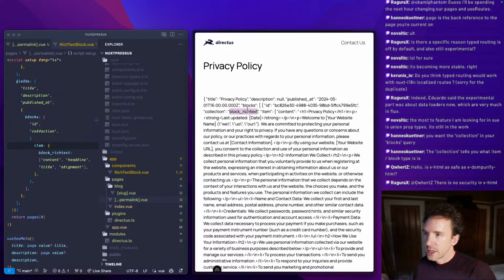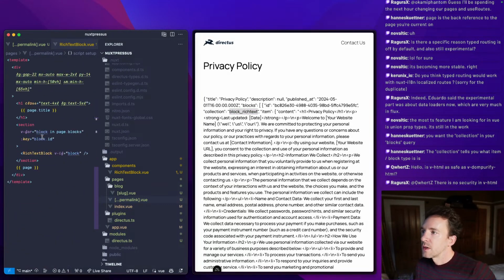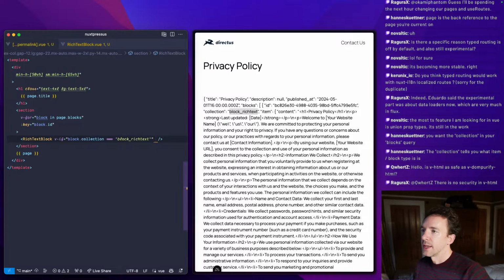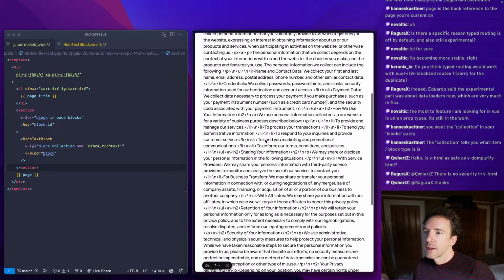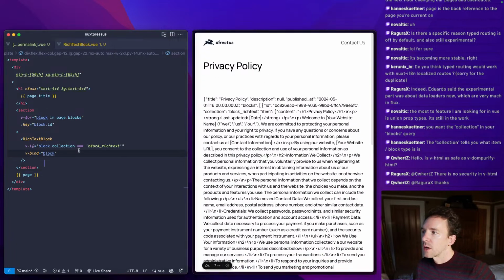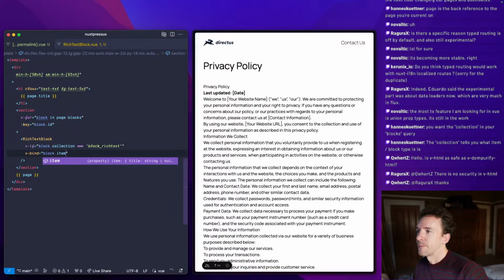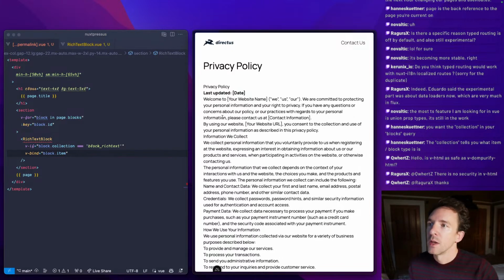Do not use it. Well, okay, so if collection is block rich text, cool. And then we would basically v-bind block. We might want to do stuff in a more specific way, but block item. Yes. So now we have our